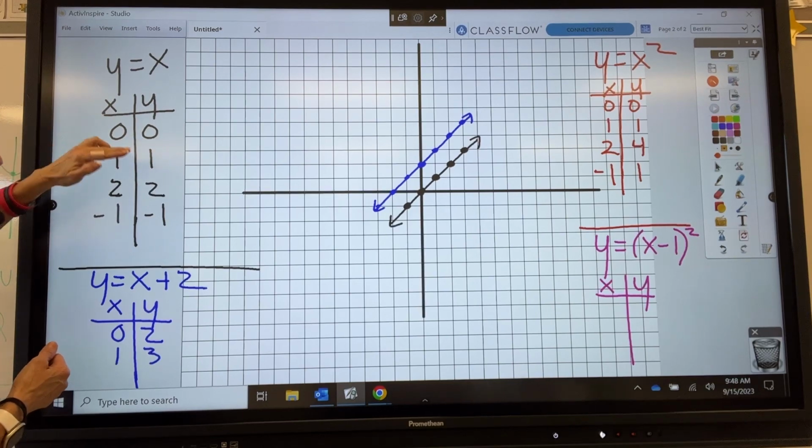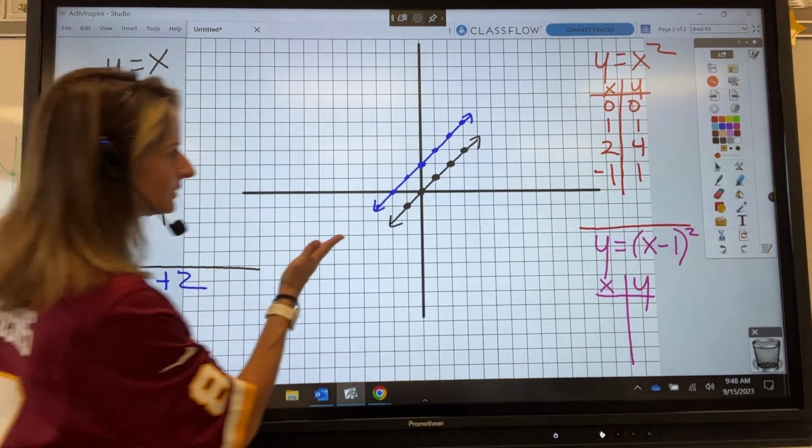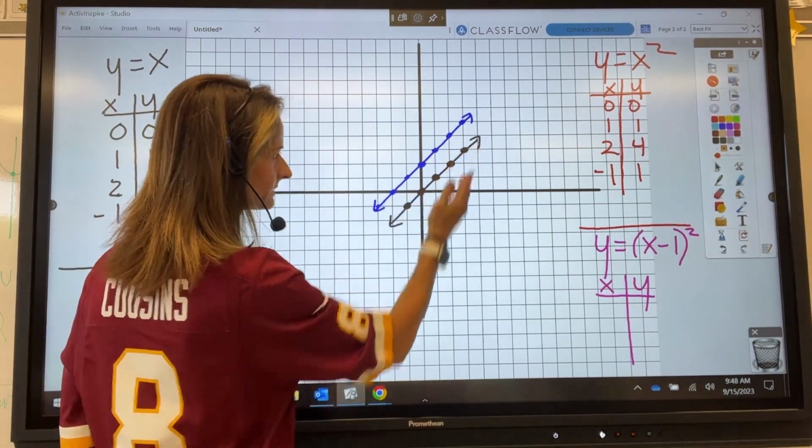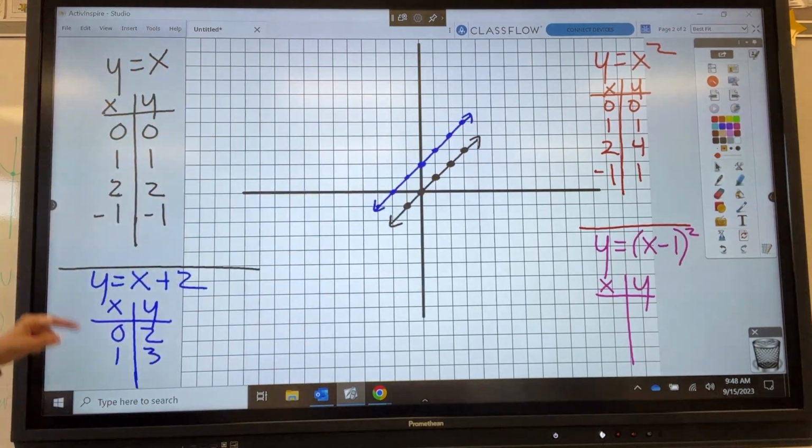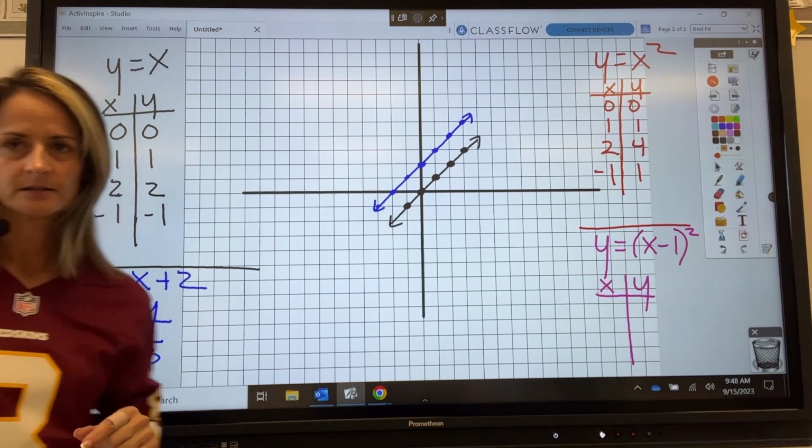0, 0, 1, 1, 2, 2, negative 1, negative 1. So in black here, I've plotted those points, okay? If I take this whole graph, and I add a +2 at the end. And this goes for